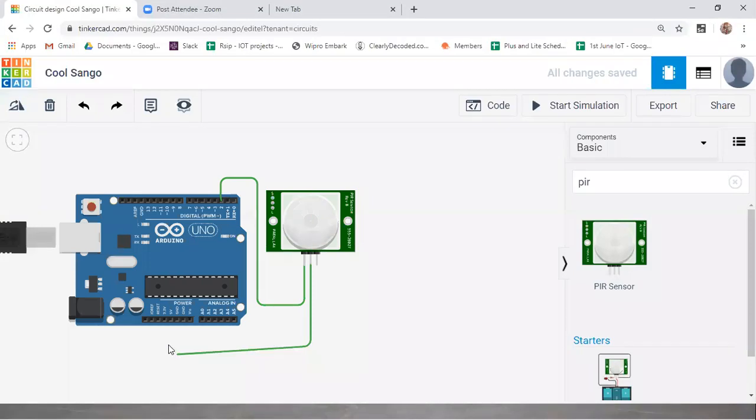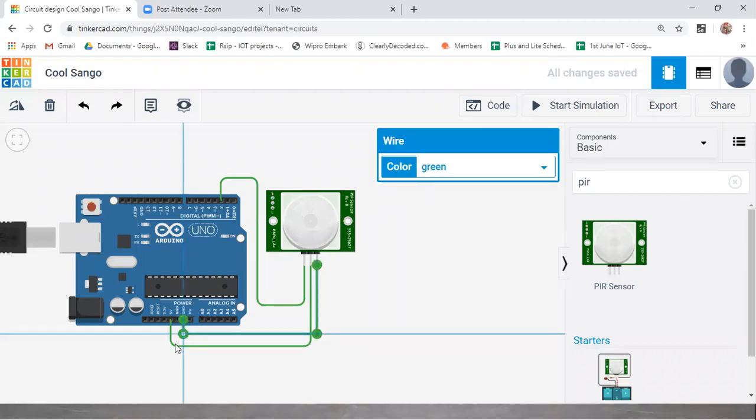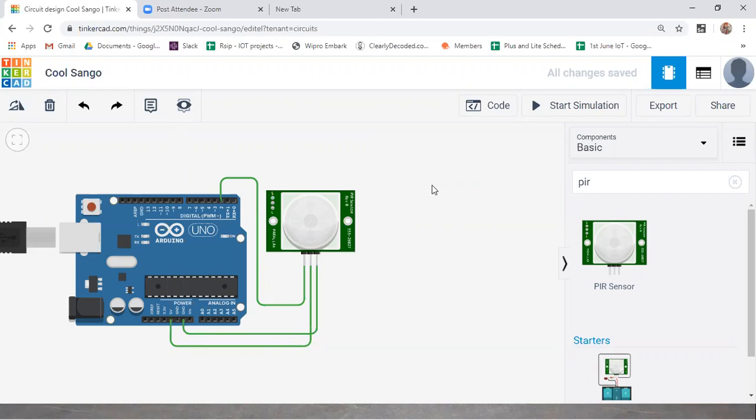I'll just give 5 volts, guys. The operating voltage is from 3 to 9 volts. Okay, I'm done with that. Let me change the colors.